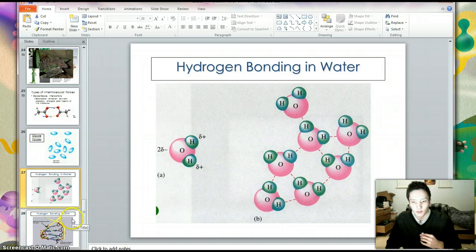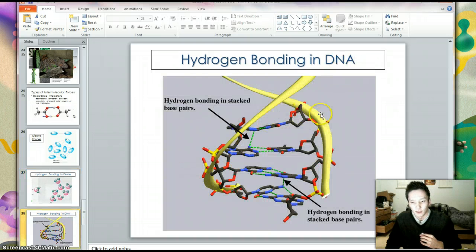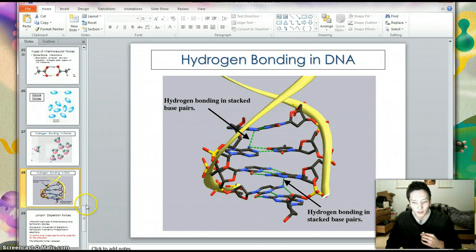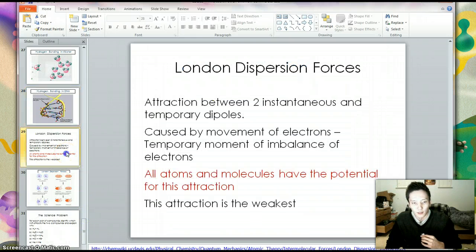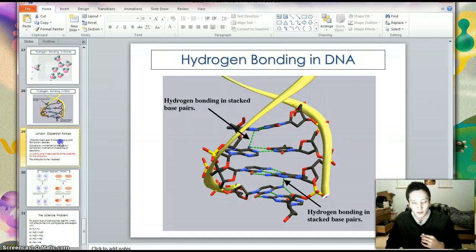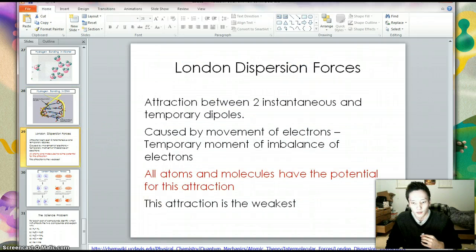Okay, this type of interaction also happens in DNA, where we have hydrogen bonding occurring between our base pairs. This helps us to keep our DNA wound and coiled up. Okay, the last of our three intermolecular forces that we will talk about